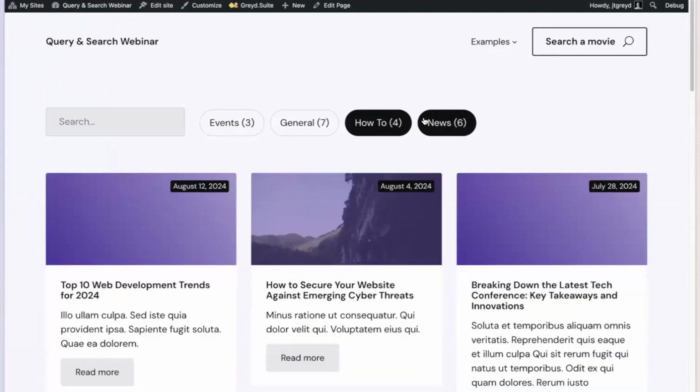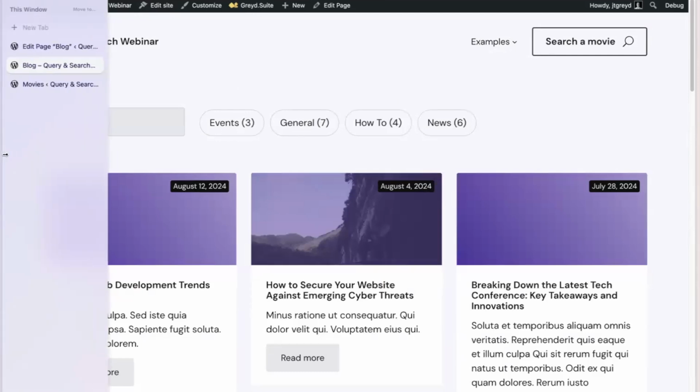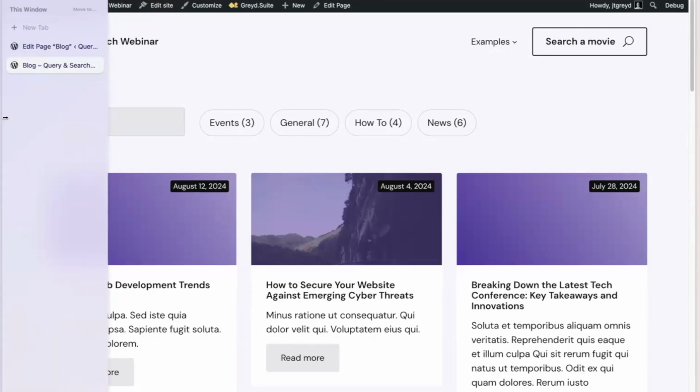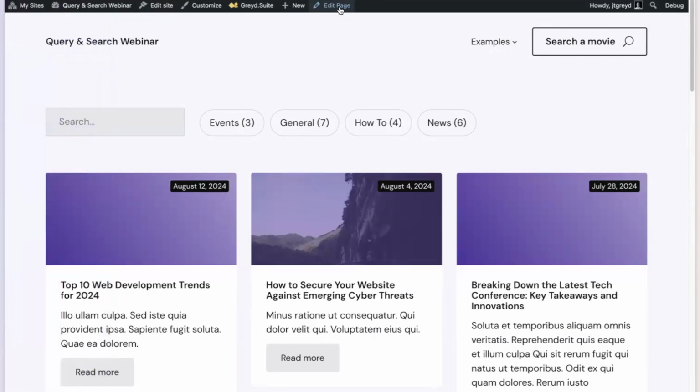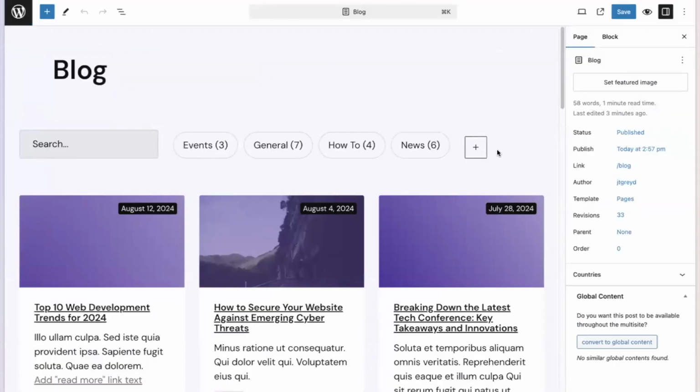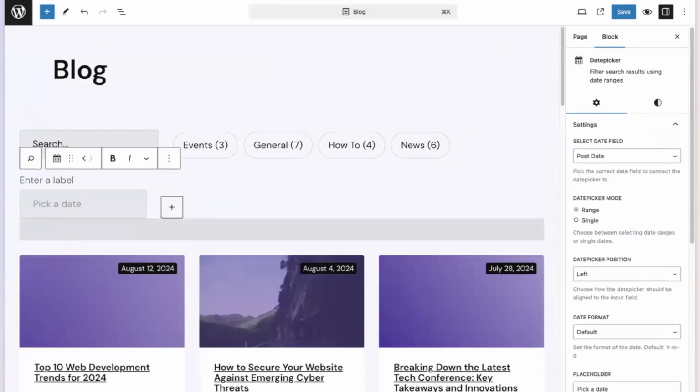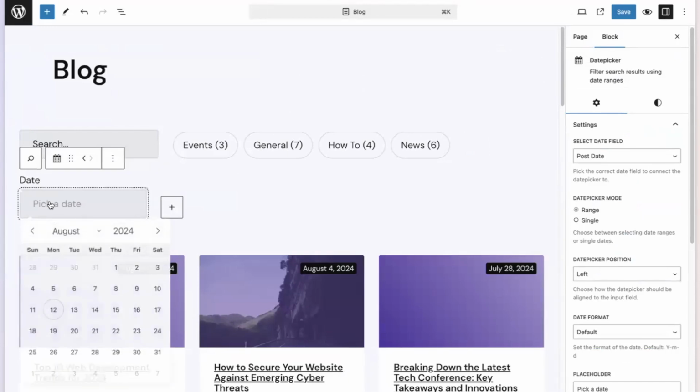But we added more capabilities into here as well. So the next thing we want to focus on is actually using the new date picker block as well. So if I go into this page, let's just close it here. If I go into this page, I can include a little block called date picker. Really simple block. Let's just type in date to add a label. And you can see in here how this looks by default.